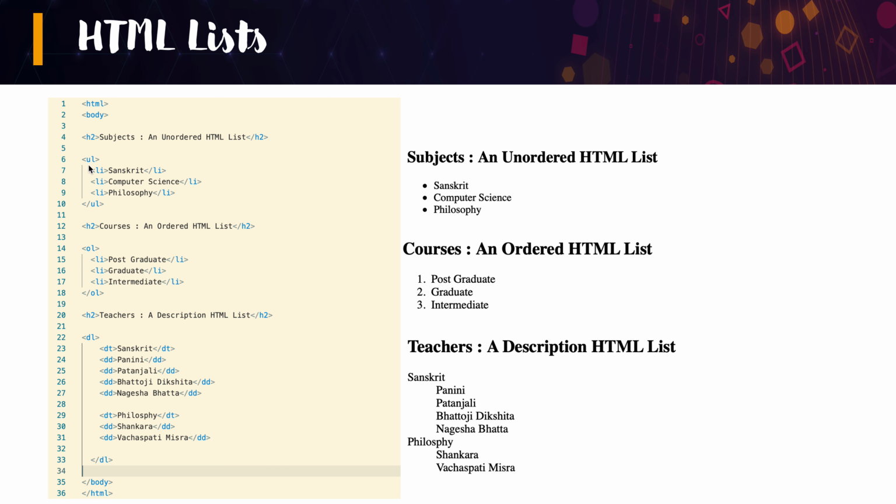UL is the unordered list tag. It is a parent tag. And inside the UL tag, you will see that lines 7, 8 and 9 are all individual list items. A list item is an LI tag and it is a parent tag as well. Whatever we put in between the beginning and the ending tag of the LI tag is what is displayed as an item on the screen.